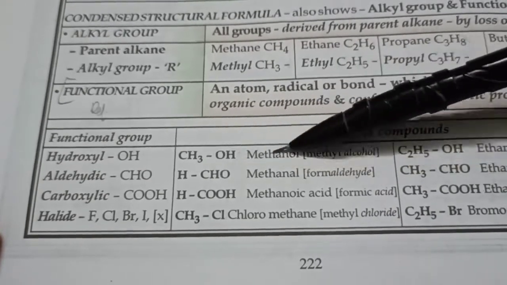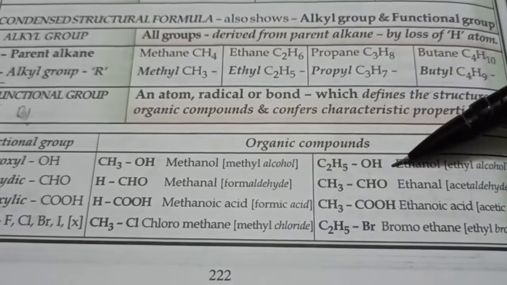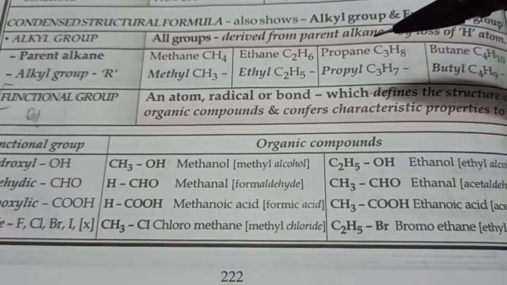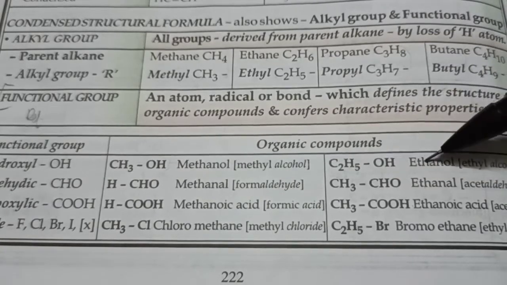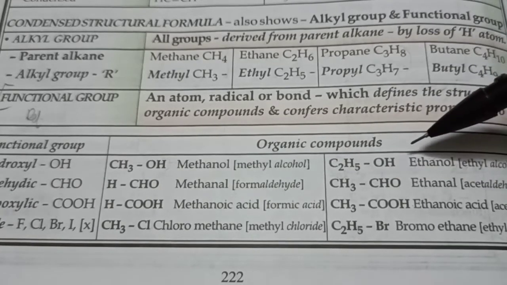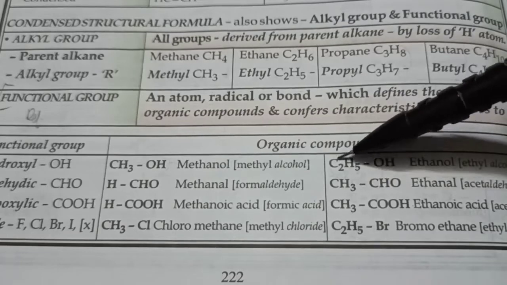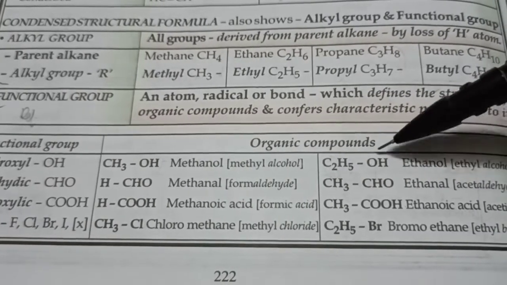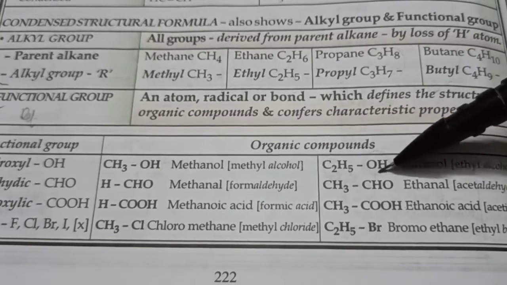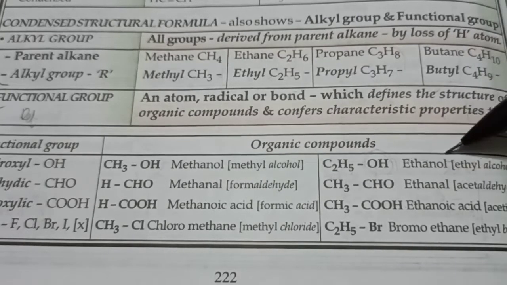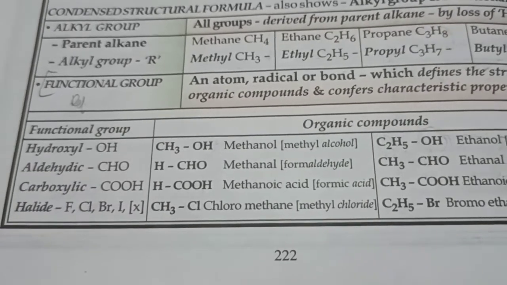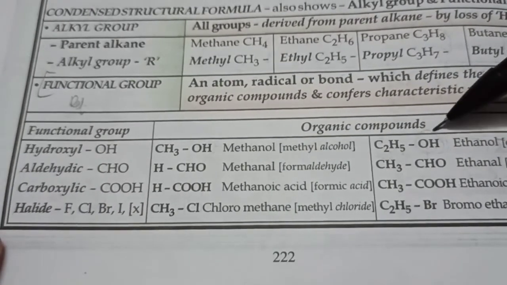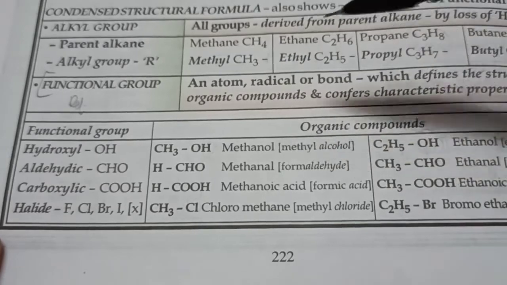This is called methanol, by the way, and this is called ethanol or ethyl alcohol. Why? Well, first of all, there are 2 carbon atoms, so that's eth. Okay, and we don't have any double or triple bonds, so it's ethane, not ethene or ethyne. And we have OH, that's a functional group of alcohols, so we add -ol, so that's ethanol. This was in detail in your chapter, but it's no longer in your reduced syllabus, so you just have to know a few examples, that's all.